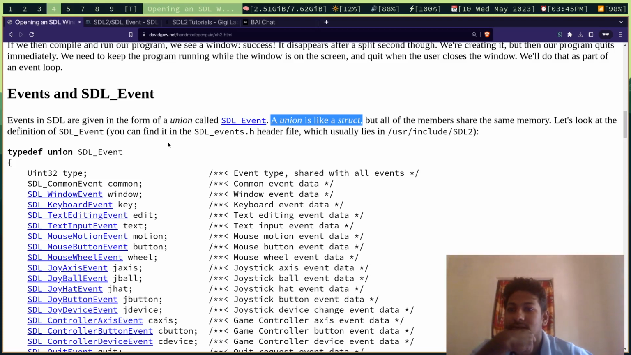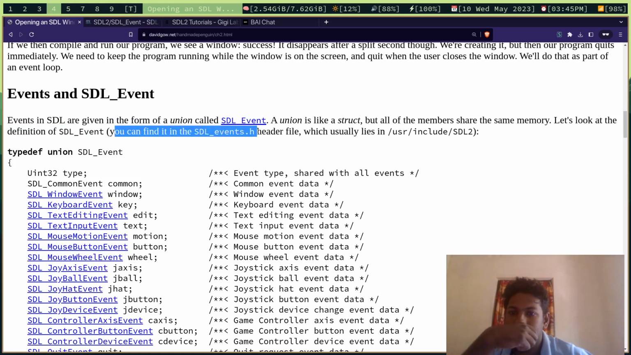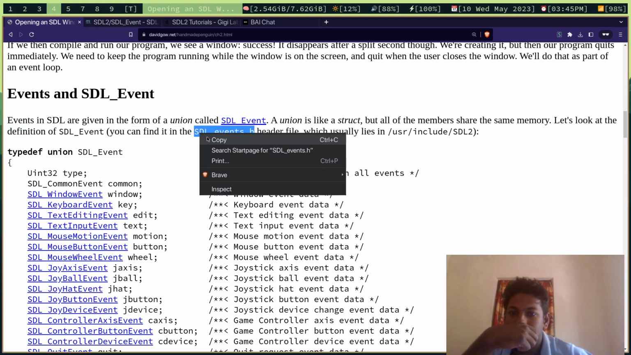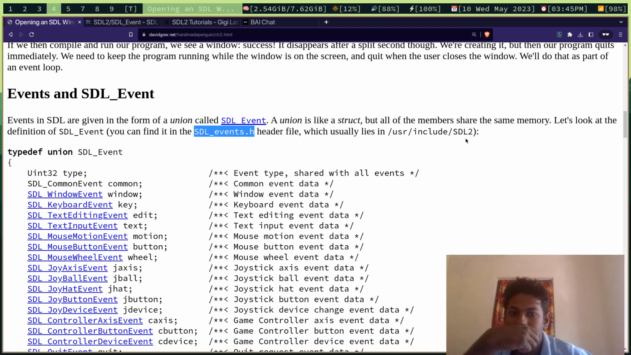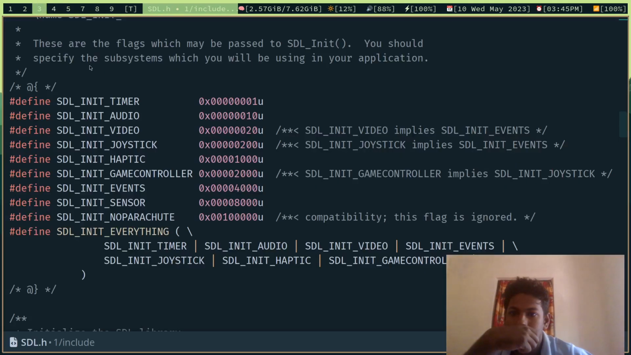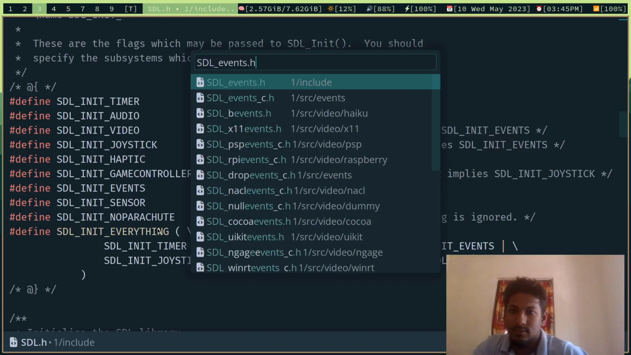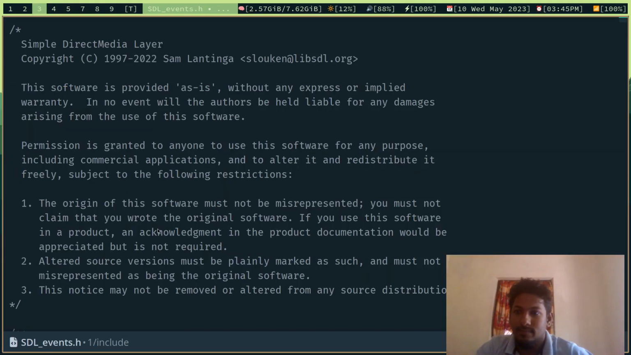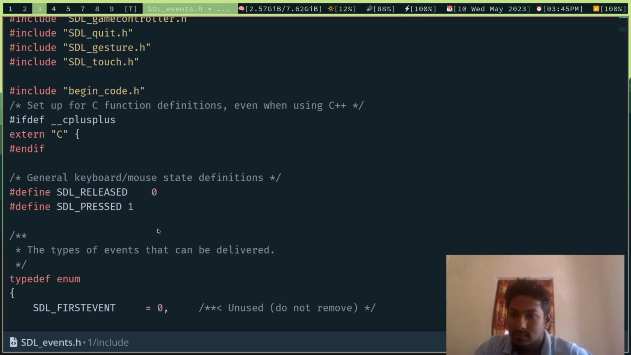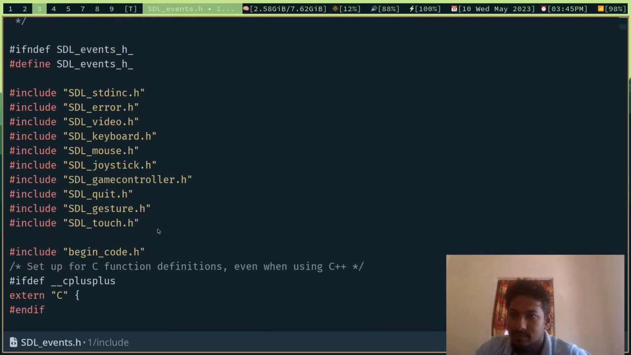Continuing where I left off with SDL. SDL event. You can find it in the SDL events.h header file. Usually lies in, well, in my case, keyboard.h, SDL mouse.h, SDL joystick, but before that,